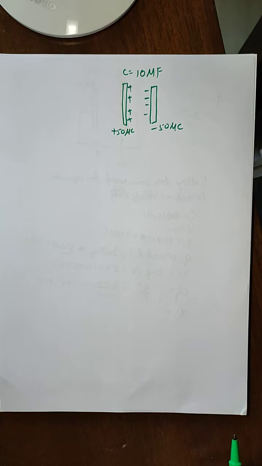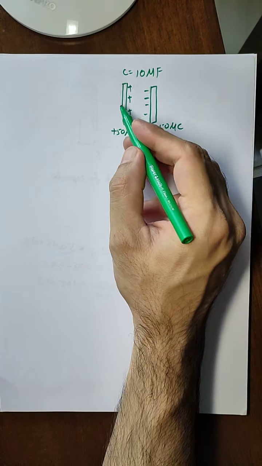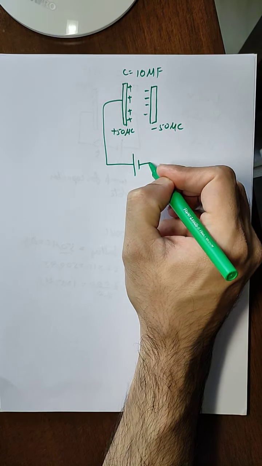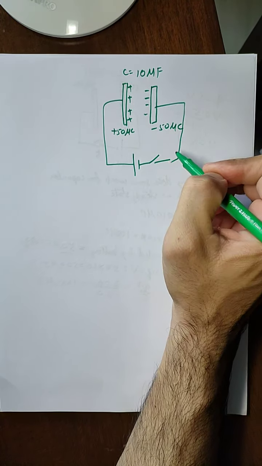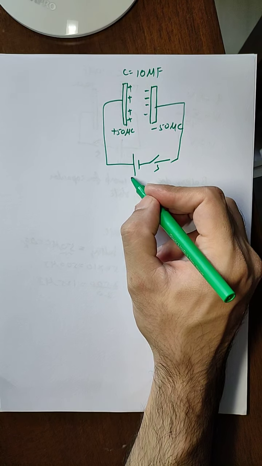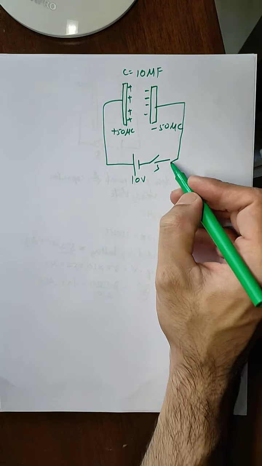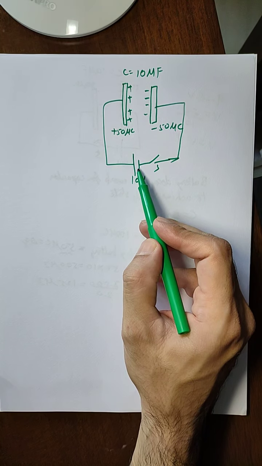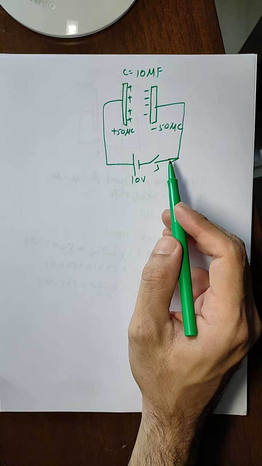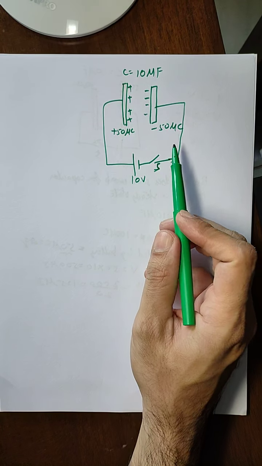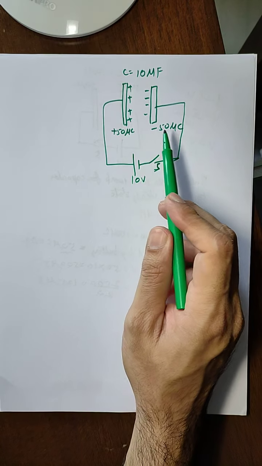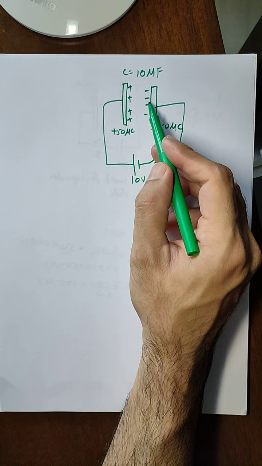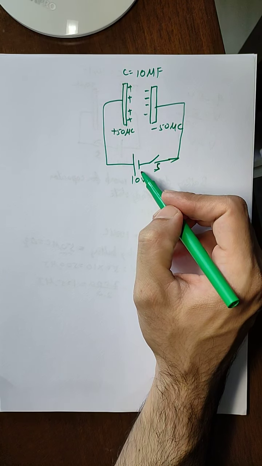is 50 microcoulombs. So what we have to calculate is that if this capacitor is connected to a battery via a switch and the potential difference of the battery is 10 volt, then what is the heat produced when this capacitor plate is connected to this battery? Now to calculate the heat produced, we first have to find out all the initial values and all the final values. So first we need to find out the potential difference between the plates before getting connected to the battery.